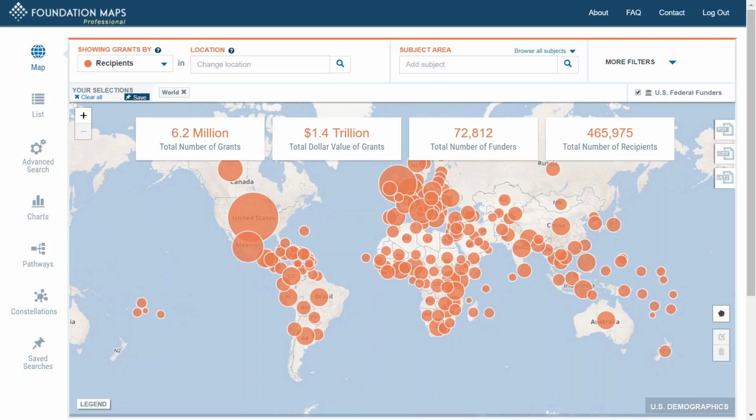There is also a Save button here, which, as I just mentioned, allows you to save the search that you're currently running, and then you can get back to it by going to Saved Searches next time you sign